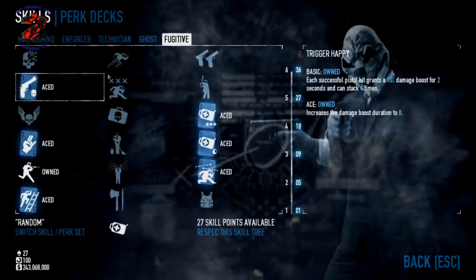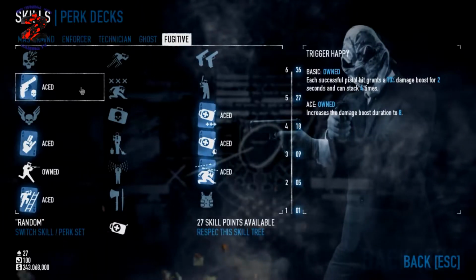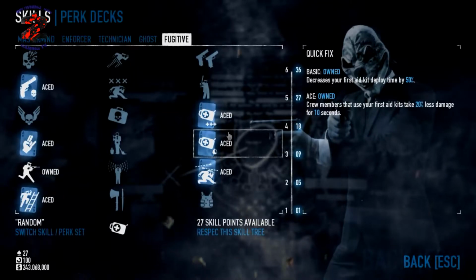Fugitive. This has got some points in it as well. Trigger Happy. This is the only one that you're going to really need from here. Of course, getting up to Trigger Happy, I do definitely recommend that you get Uppers and ace that out, and Quick Fix. Now, talking about